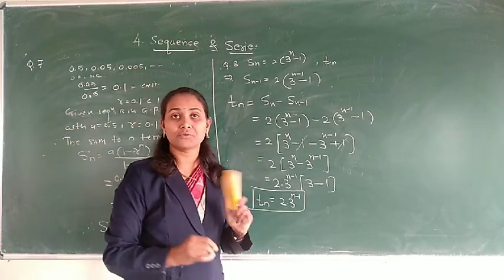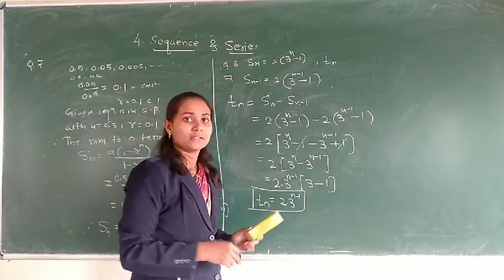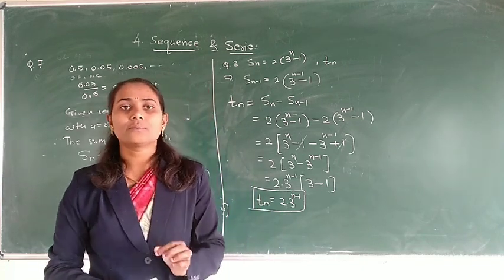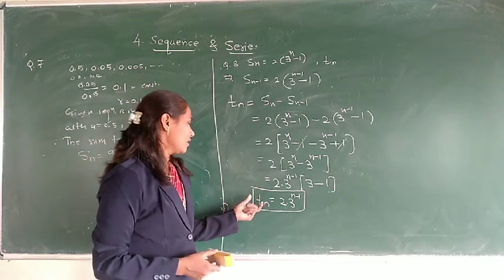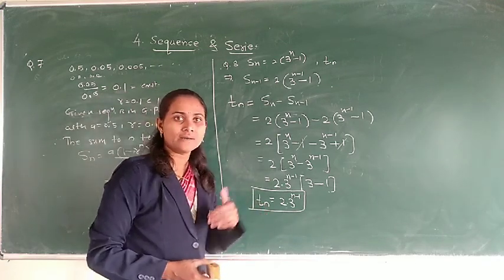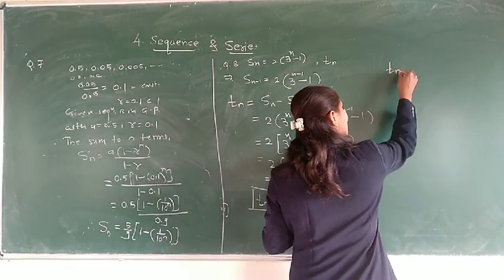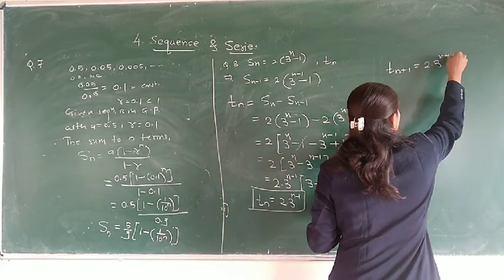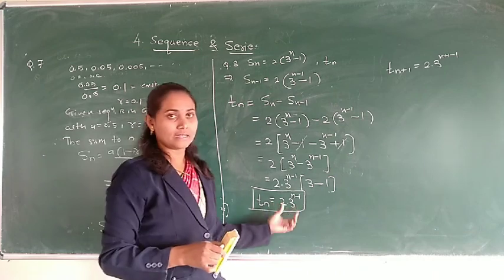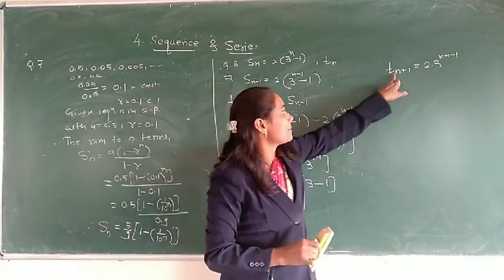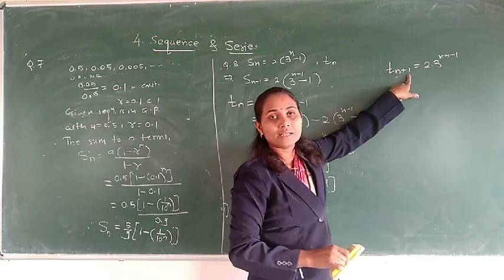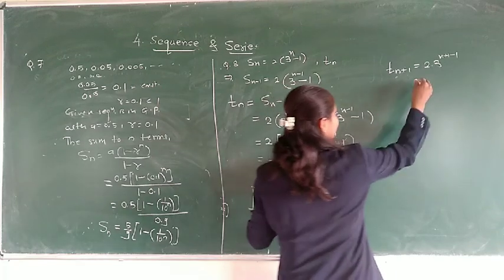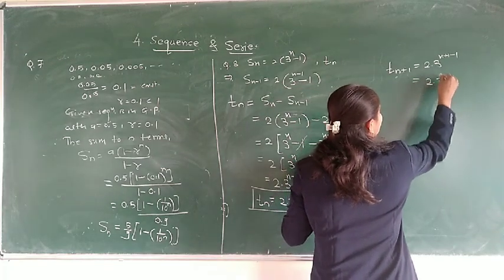Here in this question we have to find the nth term, that means Tn. Now we have to show that the given sequence is in GP. The sequence is in GP if the common ratio is constant. So here we know Tn, and from this we find the next term. Tn plus 1 is equal to 2 into 3 raised to n plus 1 minus 1. If this is Tn and we want Tn plus 1, we just replace n with n plus 1, and the minus 1 stays as it is. So Tn plus 1 is 2 into 3 raised to n.